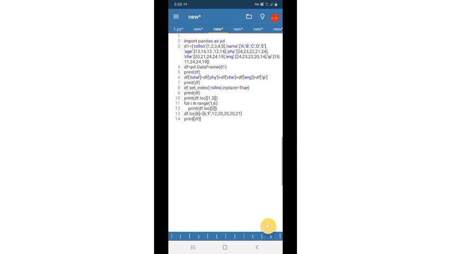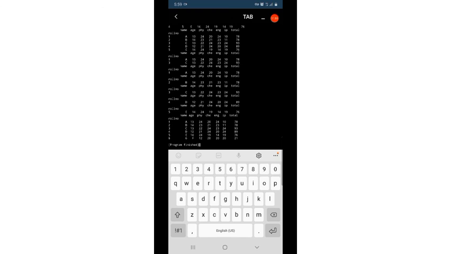So we have added 6 for roll number, F for name, 12 for age, 20 for physics marks, 20 for chemistry marks, 20 for English marks, and 21 for IP marks. Then when we print the data frame, you can see a new row has been added.